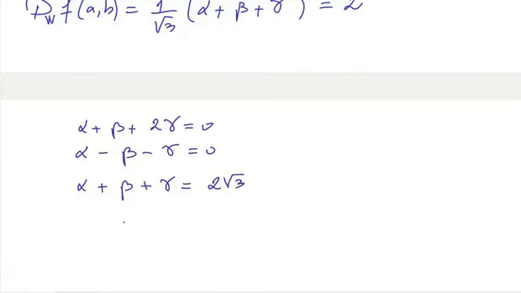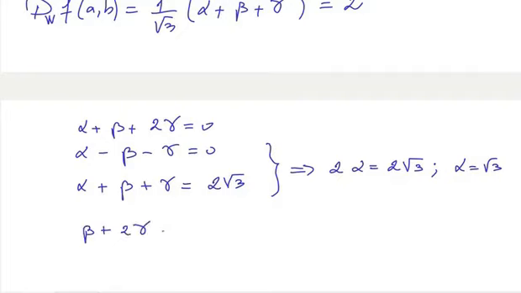So by grouping the second and the third, since we have minus beta minus gamma plus beta plus gamma, by summing them together, we get alpha equals square root of 3, as expected. Therefore, in the first equation, we have beta plus 2 gamma is equal to minus alpha, that is minus square root